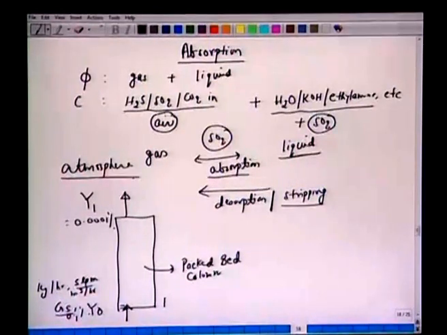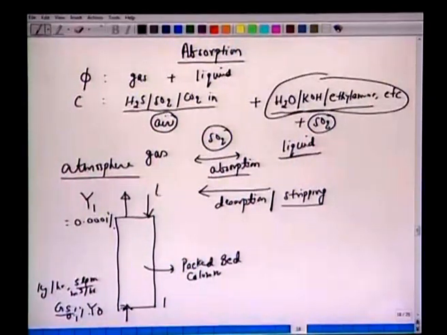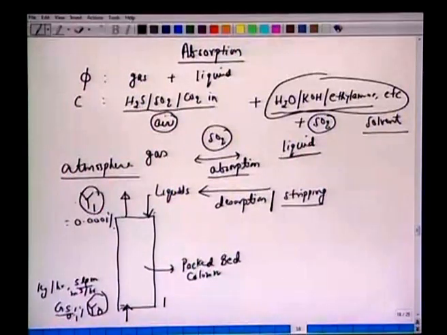To do this, we have been given a fluid, one of these liquids as a solvent. So, this is the solvent. This liquid is given, and we have been asked to reduce this concentration from Y0 to Y1. This liquid and gas, the way it is shown, is now in a counter current arrangement, a counter current continuous contactor.